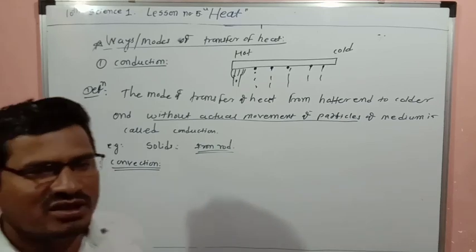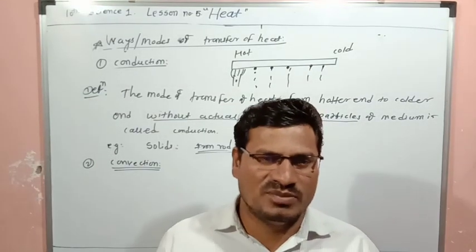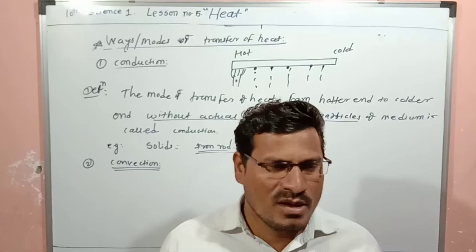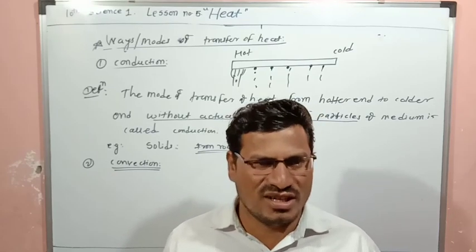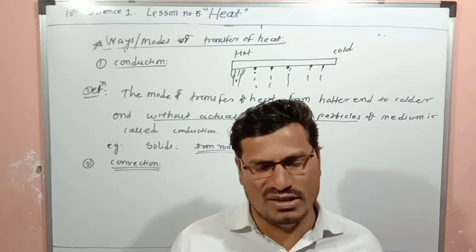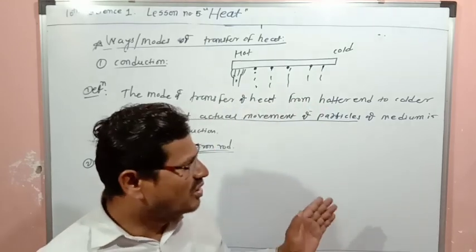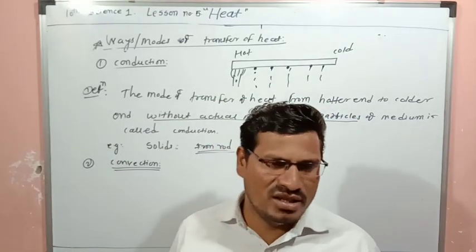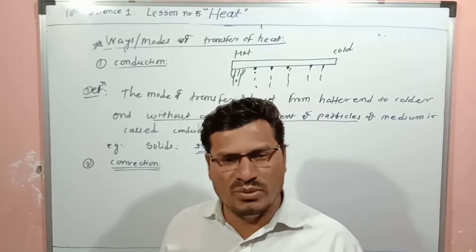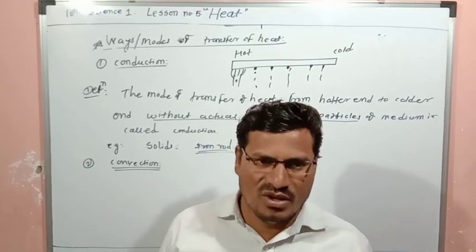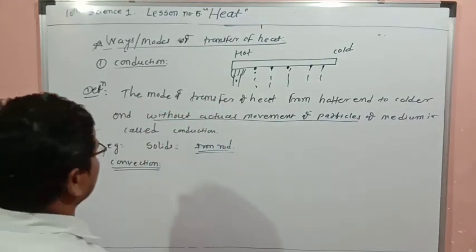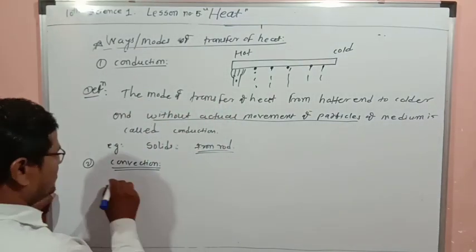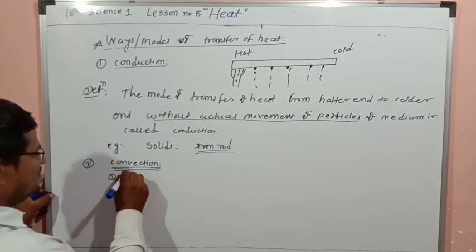Convection is the mode of transfer of heat in which heat is transferred from a hot end to a cool end, or from one end to another end, with actual movement of particles of the medium. With actual movement of particles of the medium, it is called convection. So the definition you can write: